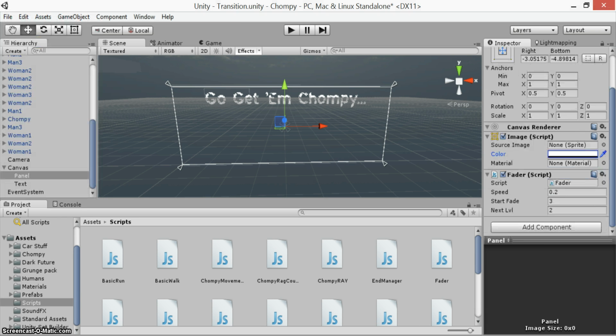In order to do this, I made a script called fader here, and if you set it up like I do, you have some really easy options to test it in the speed you want in your game. I also have an element here to take it to a specific level, because at least for me, when I want to use the fading animations, I'm trying to go to the next scene or the next level in my game. So that's pretty useful. If we take a look at the code here,